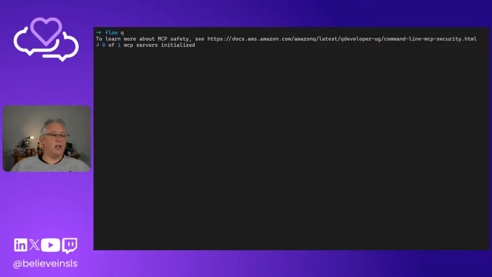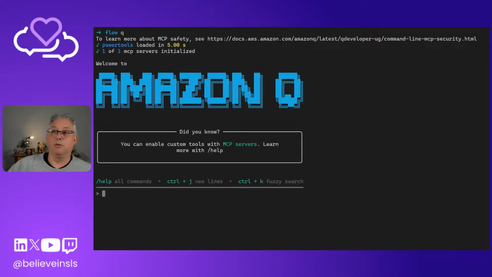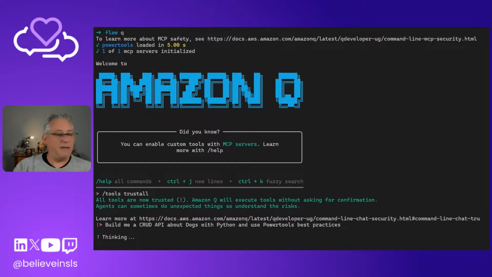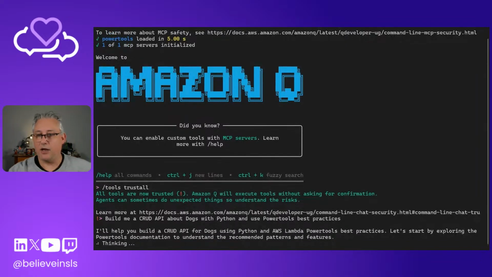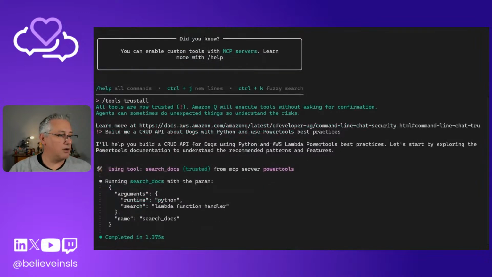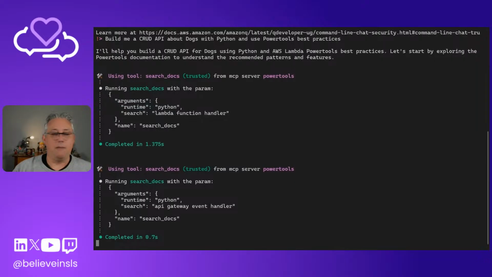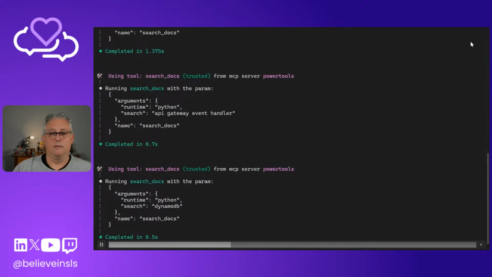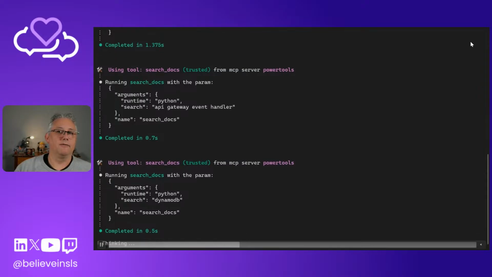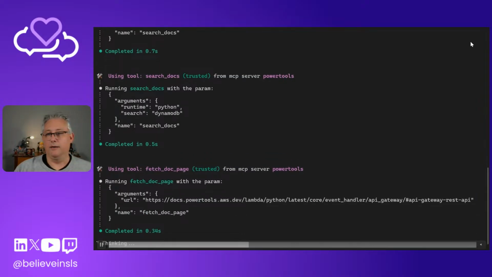Really, how does that impact when we start using that with Amazon Q CLI? The first time I ran this, I was blown away. It started creating code that I didn't expect it to. I really didn't know what to expect. But the power here is when you build that CRUD out, and I'm just telling it some basic things, how to go about that, what to build. And it's going to go off and do the searching for me. So Amazon Q CLI works really well with this. And it will start generating real code. It does just take a little bit of time, so I've sped this up and edited the video a little bit.